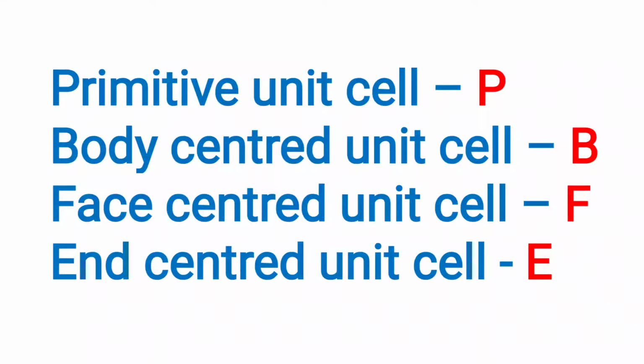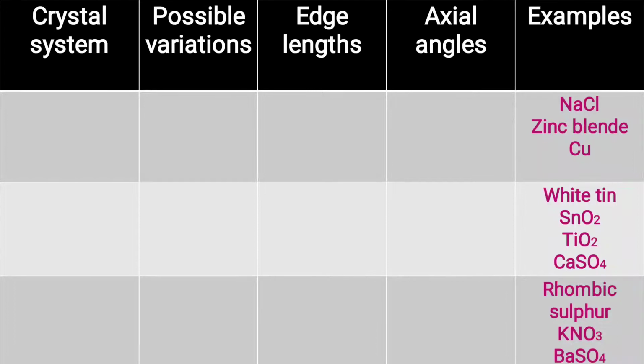So now we know based on the 6 parameters, 7 crystal systems are there, and based on the position of constituent particles, we have a total of 4 unit cells. To begin with, primitive unit cell and then the 3 centered unit cells. Total 4 unit cells are there. So now we are going to see in the next part that if you take a particular crystal system, does it have all the variations? Does it have all unit cells belonging to its category? You will understand it as we proceed now.